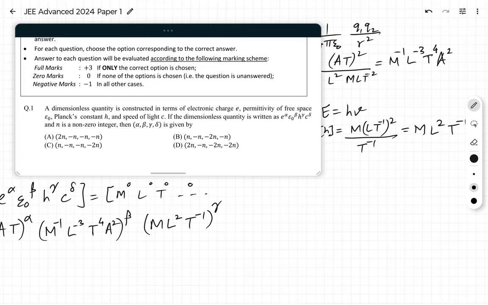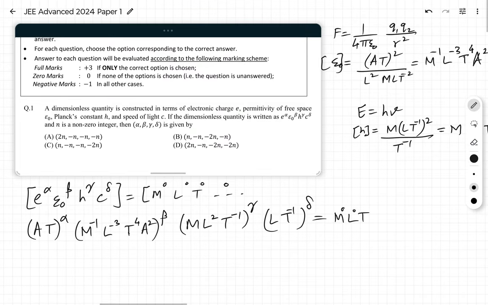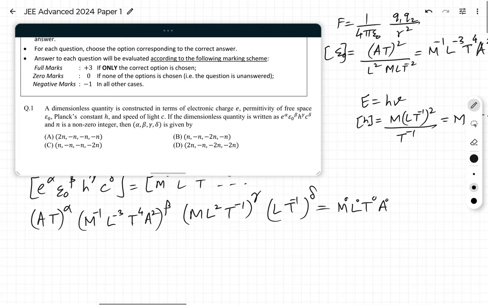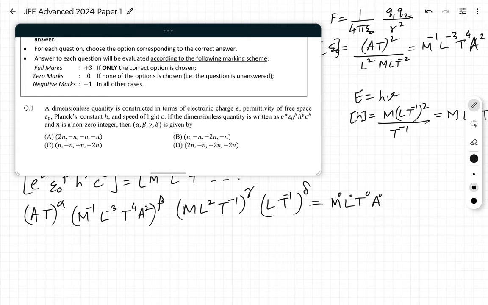c is the speed of light, which is speed, length per time, to the power delta. Equals M0 L0 T0. What all do we see? M, L, T, A, 0. From here we get some equations. Let's get them. So if we equate the dimension of mass equal to 0, let's get all the